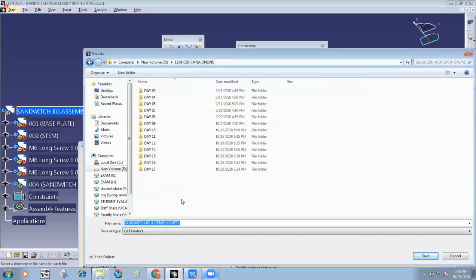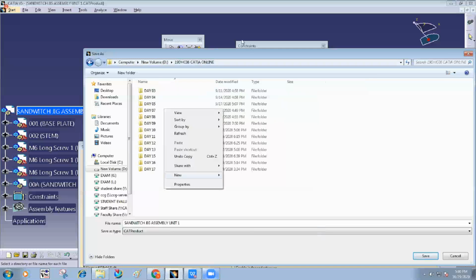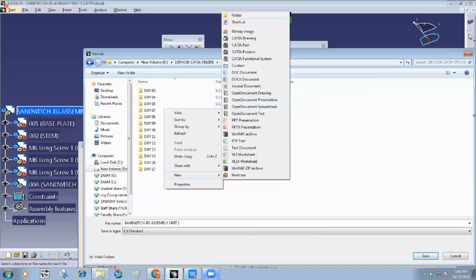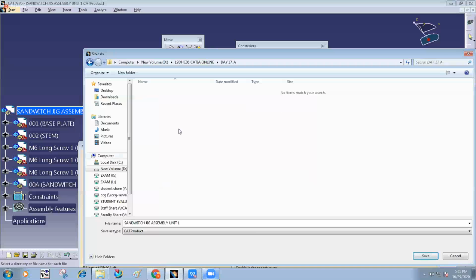I'm using the save as functionality in day number 17. I create a folder here, Day number 17A. Double click. The files are still not stored, so I click save.